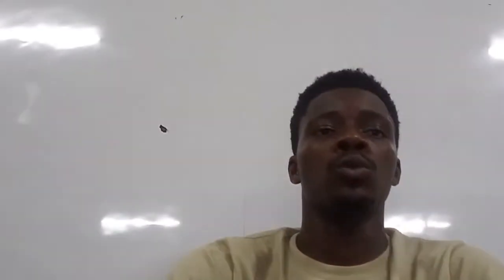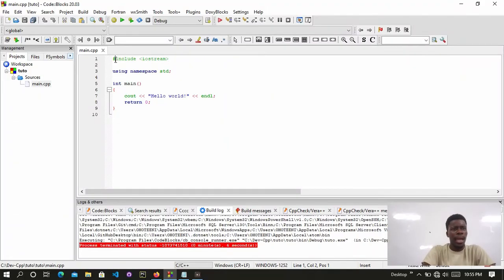In our last tutorial, we learned how to create a project in our Code::Blocks environment and then run it. Is that okay? I hope you got the understanding very well. But now we are proceeding to some key things in programming. Is that okay? So here you see hashtag include iostream. Then we have using namespace std. We have int main, and then we have